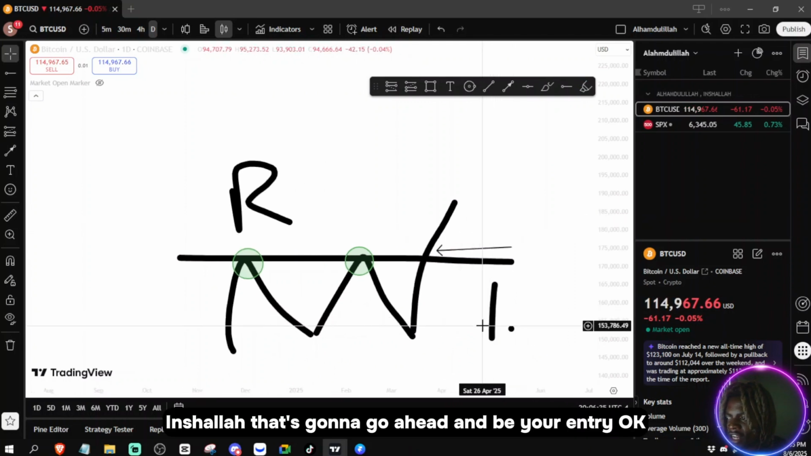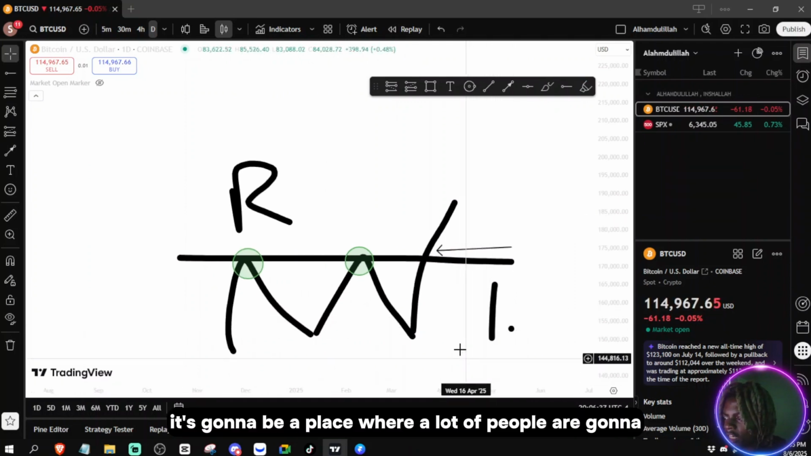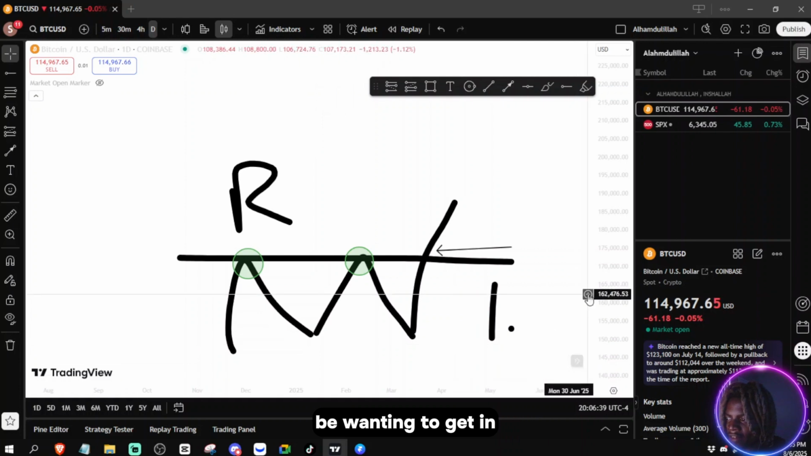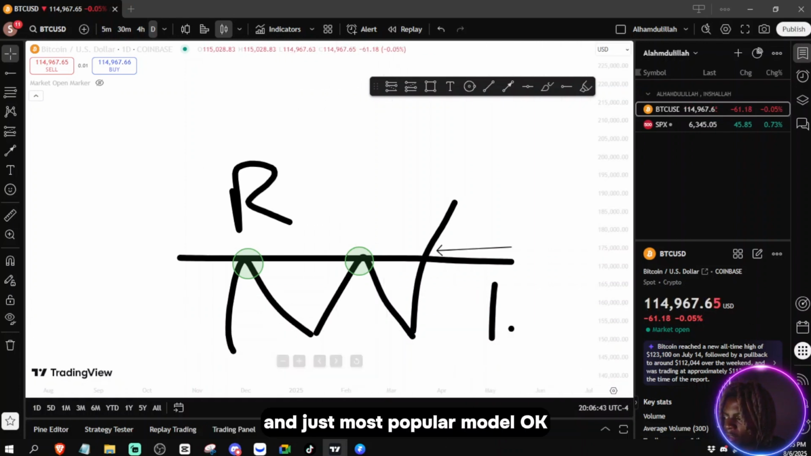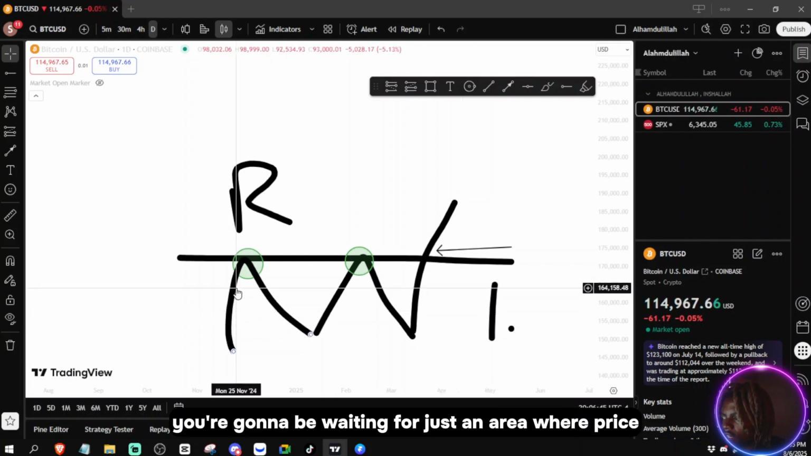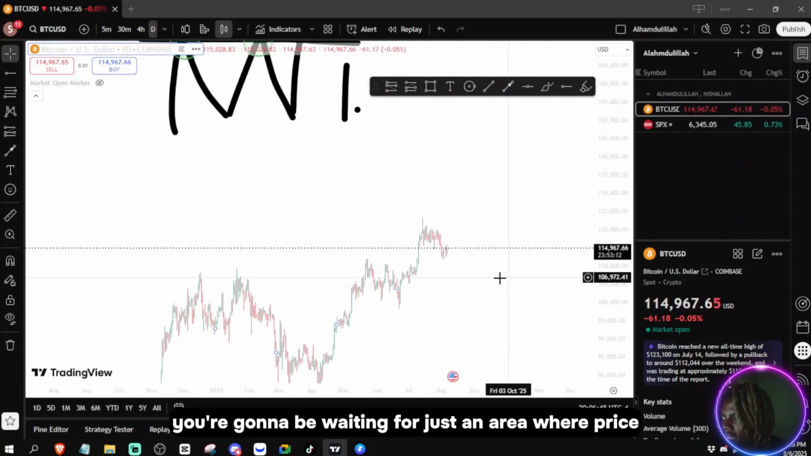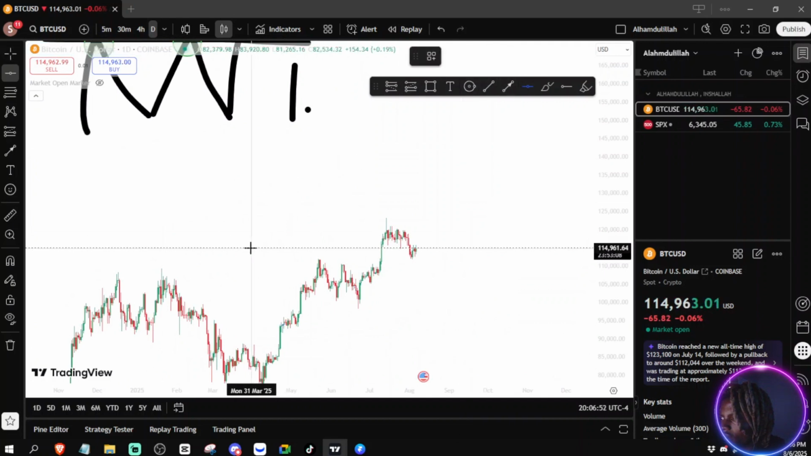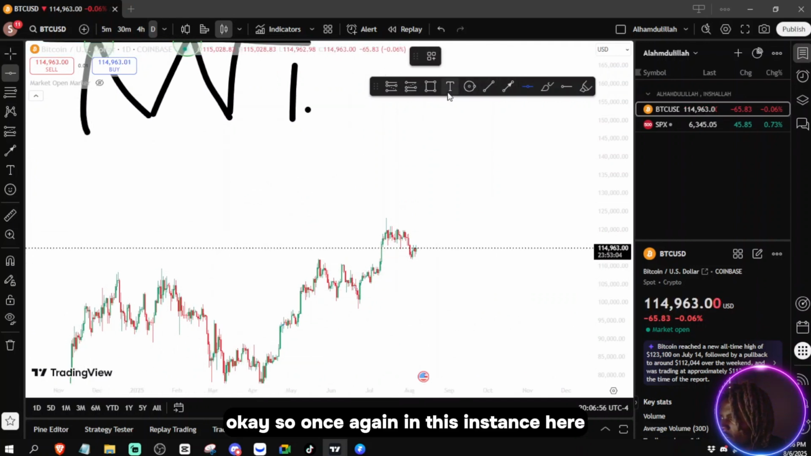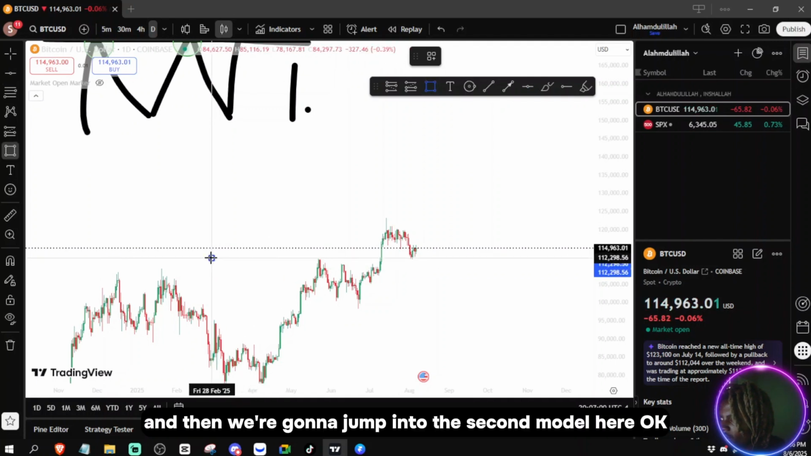inshallah, that's going to be your entry. It's going to be a place where a lot of people are going to be wanting to get in. And the resistance breakout is going to be the first and most popular model. So you're going to be waiting for an area where price decides to fall down at heavily to be broken. So once again, in this instance here,